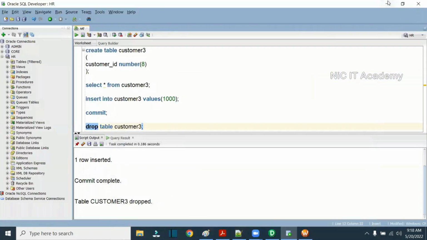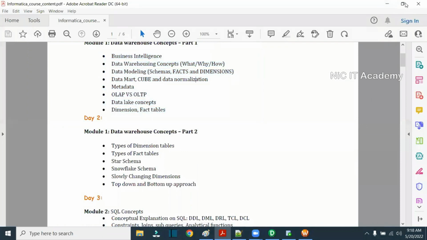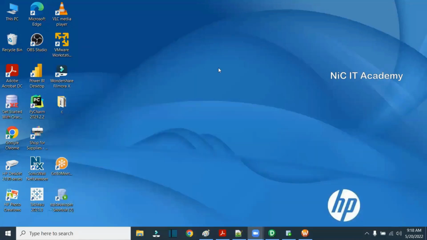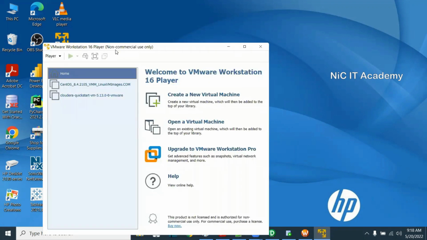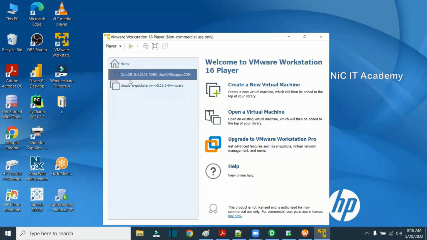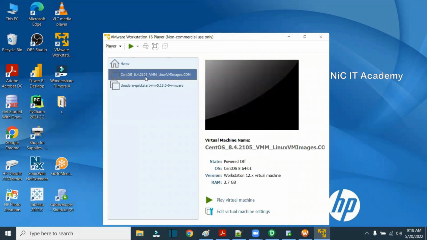Unix or Linux box. So definitely they will be asking questions on this also. So you can have VMware, for example VMware Workstation, in your system. In this VMware, you can have the Unix box. Whatever OS you want to put, CentOS or Ubuntu, you can put it and then